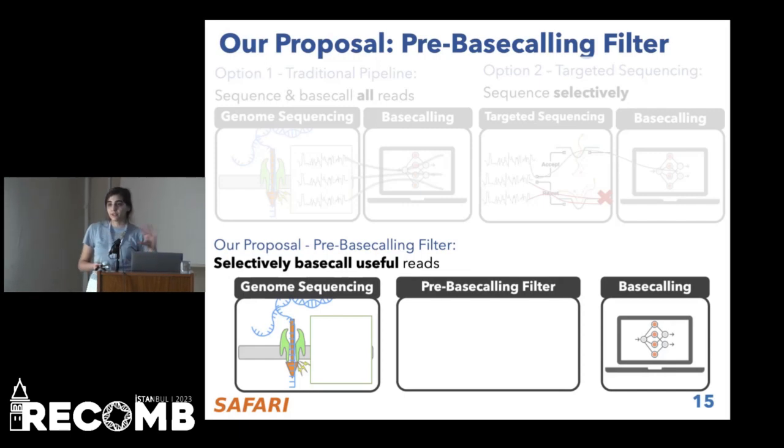So this is different from the traditional pipeline because we don't do basecalling for everything. This is different from targeted sequencing because we do sequence everything, and then we do the selection or the filtering after sequencing is fully performed, not during sequencing. And this